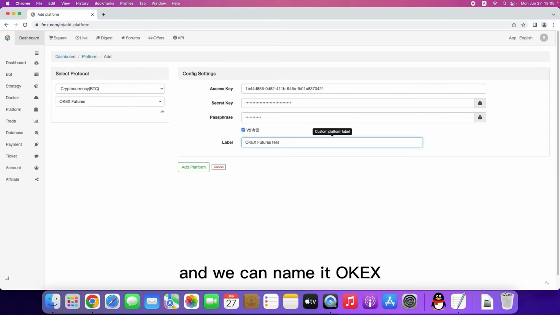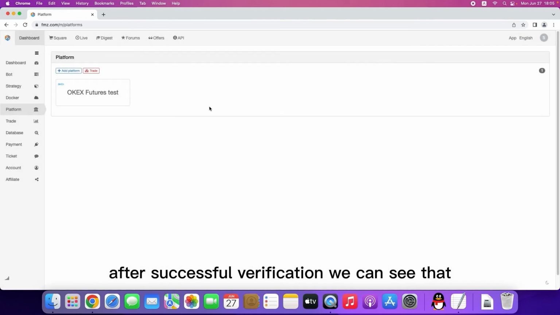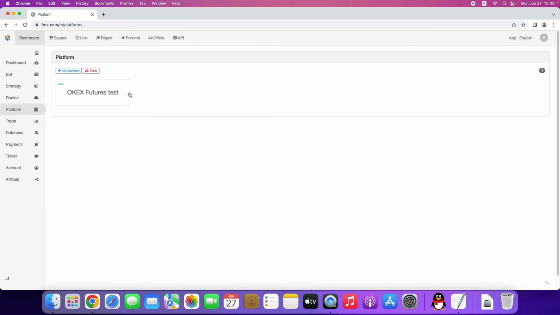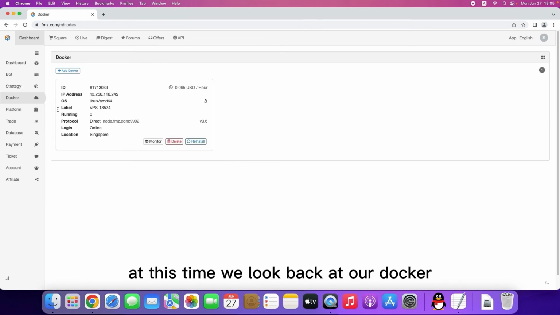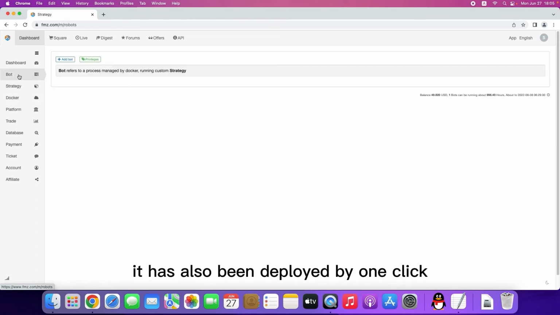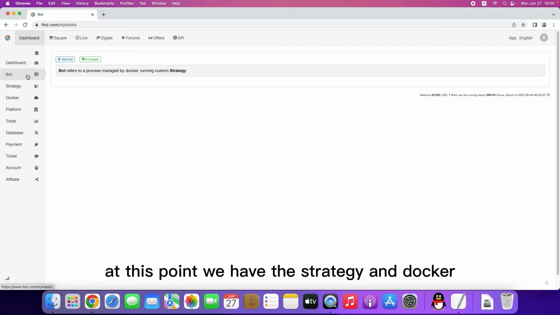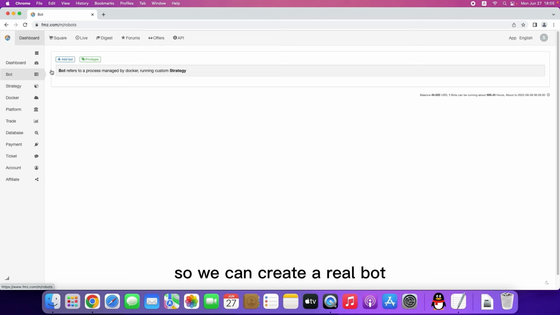And we can name it OKEX Futures Test. At this time, we also need to enter the login password of the FMZ account for verification. After successful verification, we can see that the exchange has been configured. At this time, we'll look back at our Docker. It has also been deployed by one click. At this point, we have the strategy and Docker, and we have the exchange configured, so we can create the